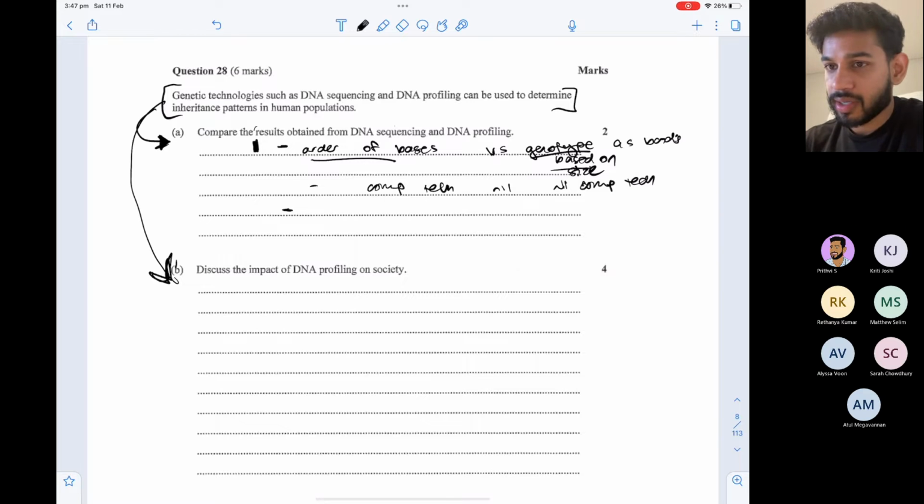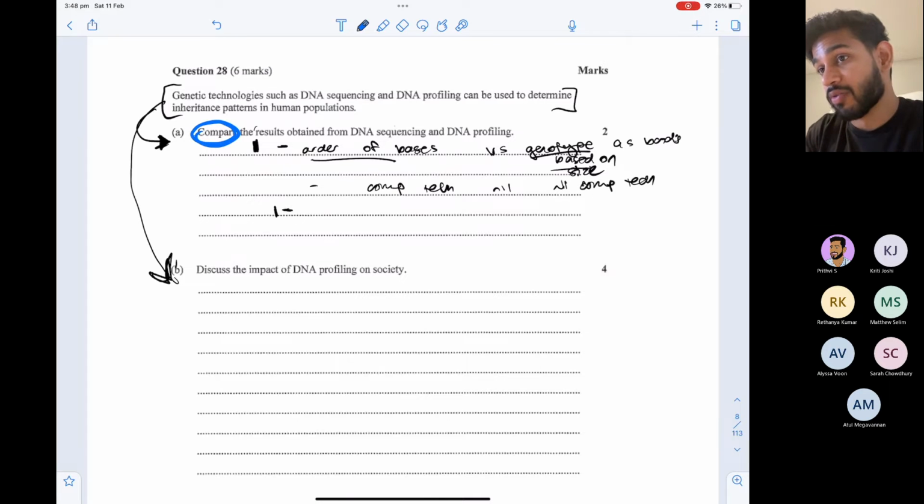Right. The other key point, Matthew, yeah? Is it the whole DNA sequencing is the whole genome, so the whole DNA, whereas profiling is just a section of DNA? Close, but even DNA sequencing doesn't have to be the whole DNA. That's entire genome sequencing. It can just be DNA sequencing of the gene. So what I was looking for was whether you could tell me another compare. Remember, it's a compare. So you need to say liken something or find distinctions. Is mentioning both technically give you a visual output